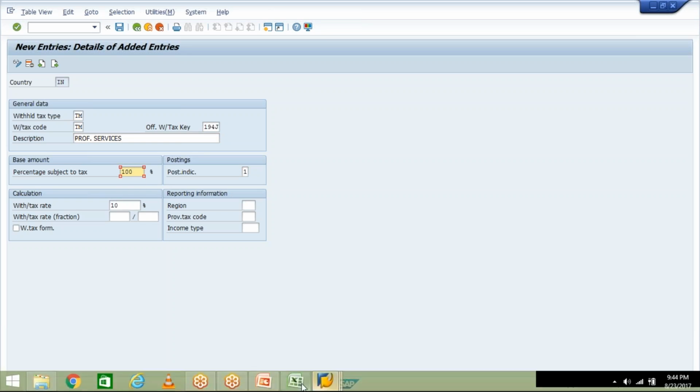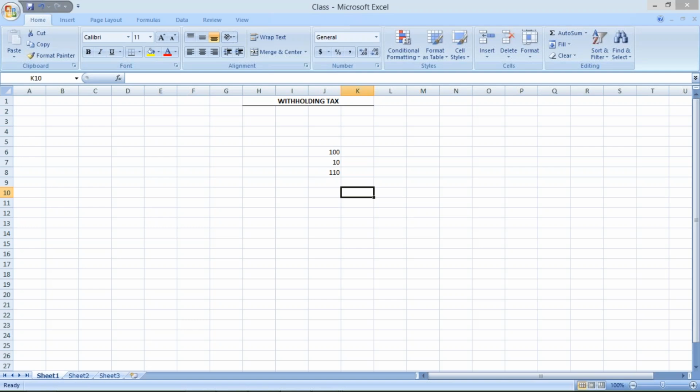In the sense, what does it mean? Let's suppose we have an invoice amount of 1000.